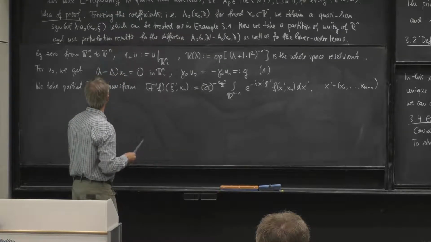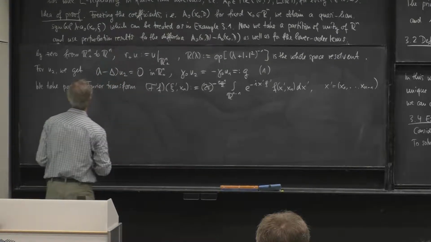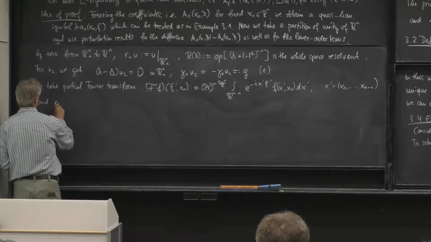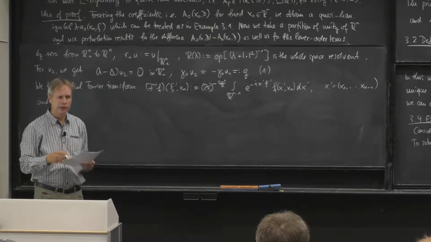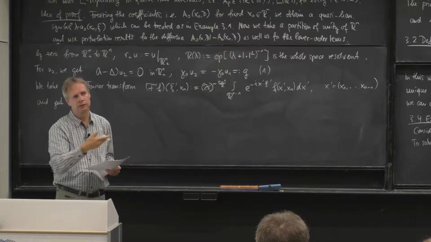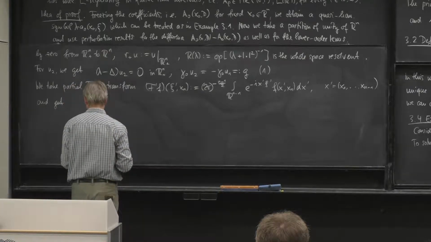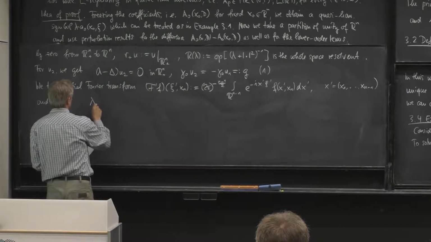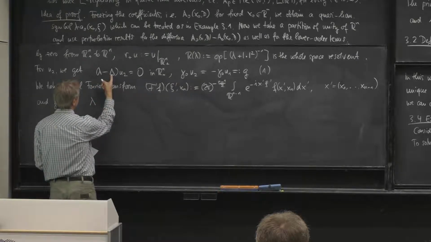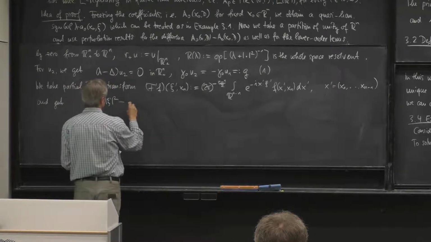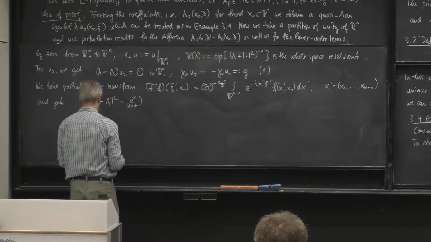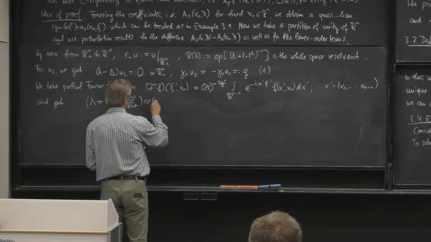Okay, so then with this equation, and then we get the following. We get an ODE. The only differentiation is in xn in normal direction. This is left over. So we get an ODE. And what ODE do we get? We get this lambda from this lambda. Then here we get a plus, due to the Fourier transform, xi prime squared. And the last is as it is, so d of dxn, say, v of xn equals 0.